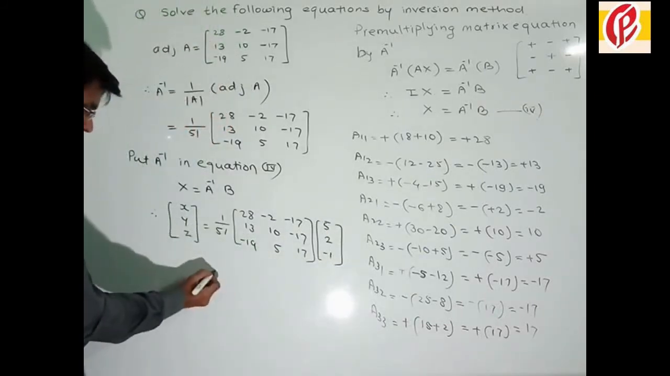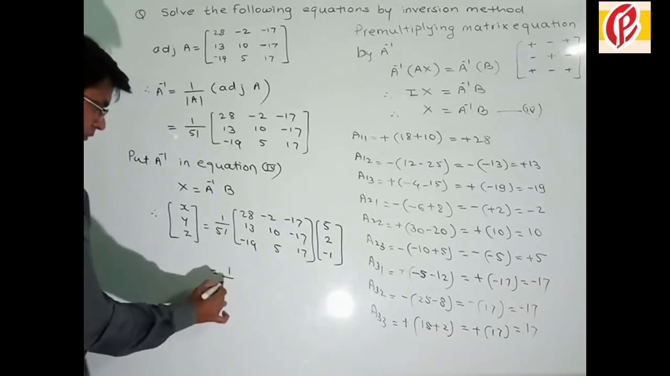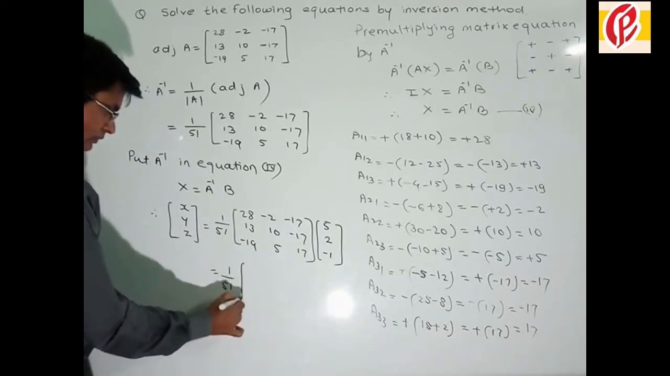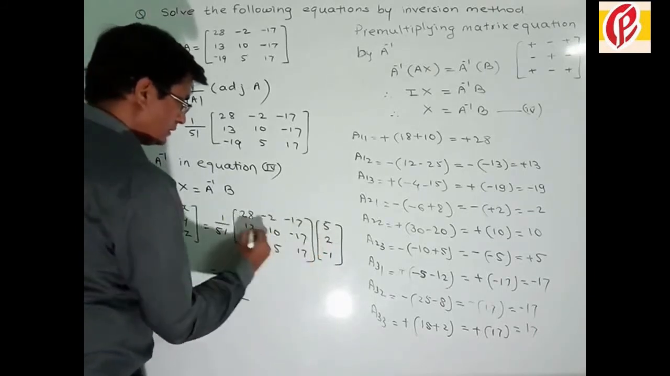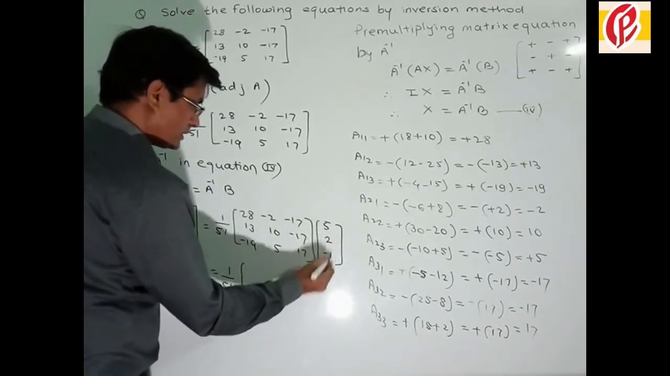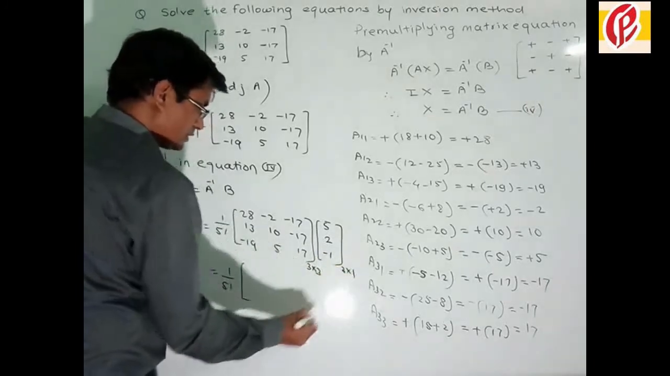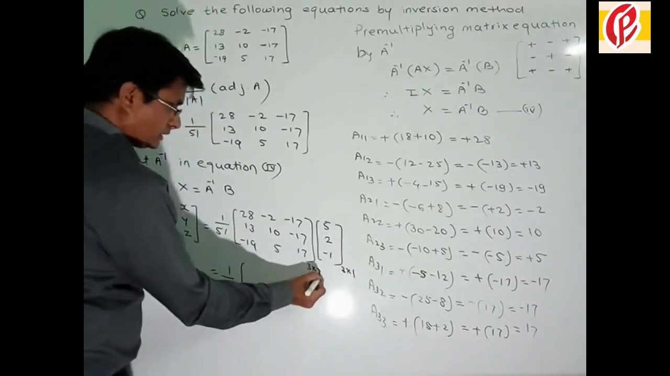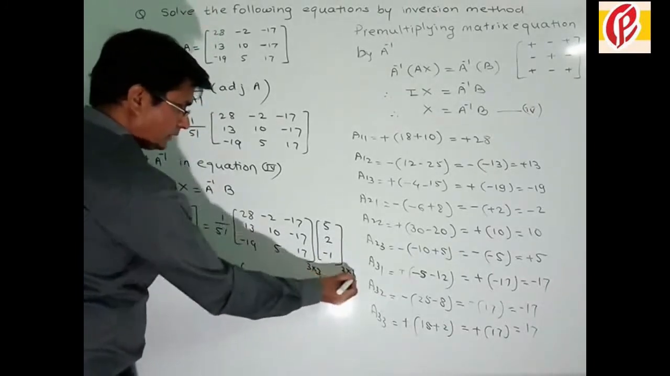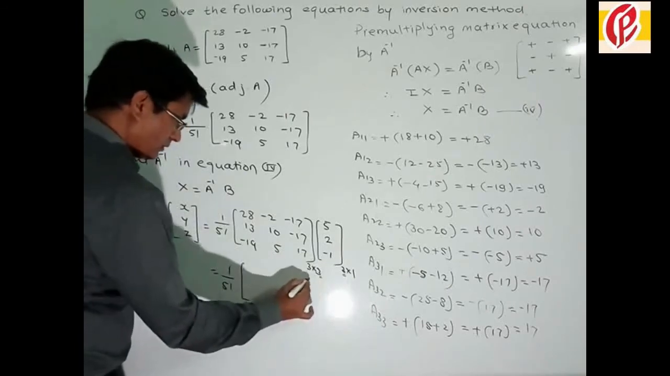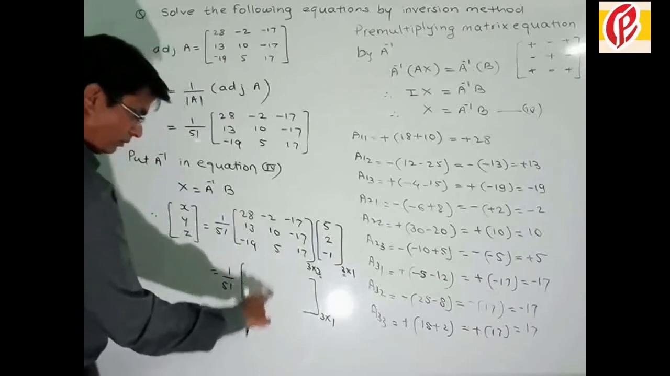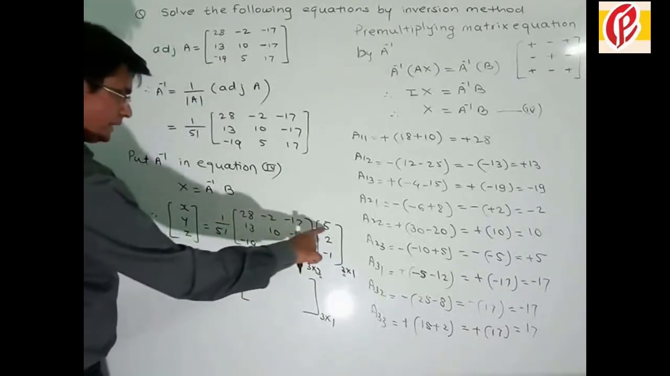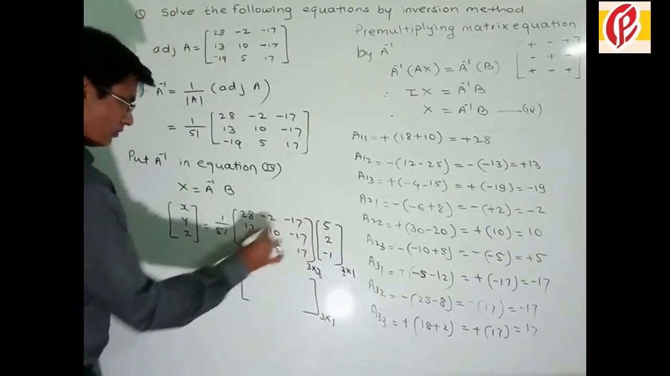X is equal to 1 upon 51 into multiplication of these two matrices. This is a 3 by 3 matrix and this is a 3 by 1 matrix. So 3 and 3 same, so we will get a 3 by 1 matrix. 3 by 1 means 3 rows and only 1 column. So 28 into 5, that is 140,